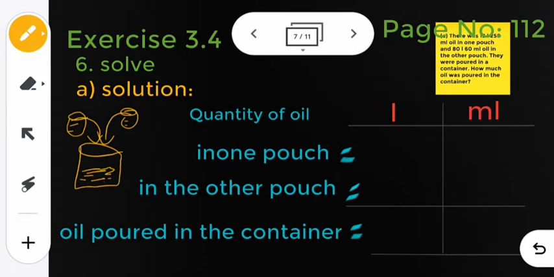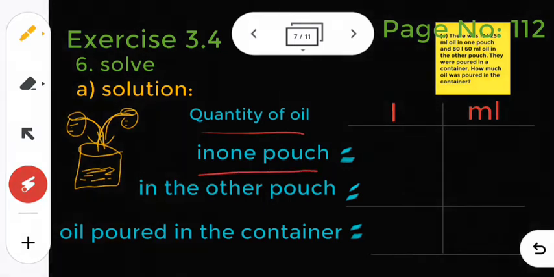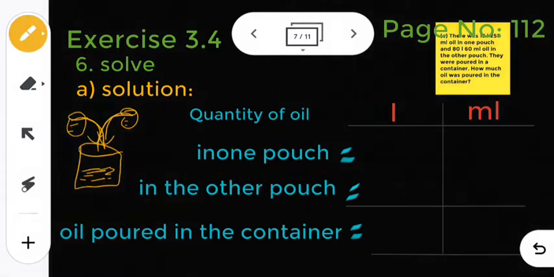So what we have to do now? This also poured inside and this also poured inside. So the quantity of oil in the container will be this plus this, the quantity of oil here and the quantity of oil here. So these two you have to add. So the quantity of oil in one pouch is